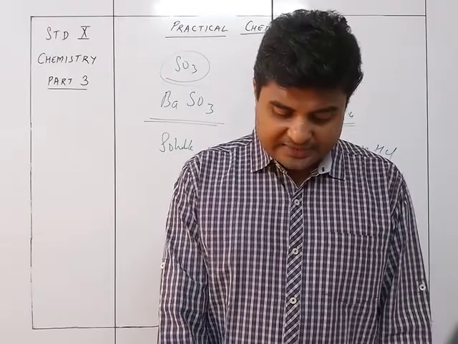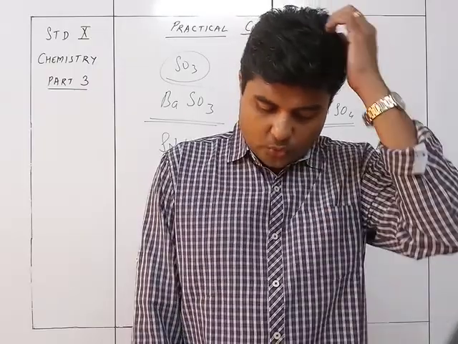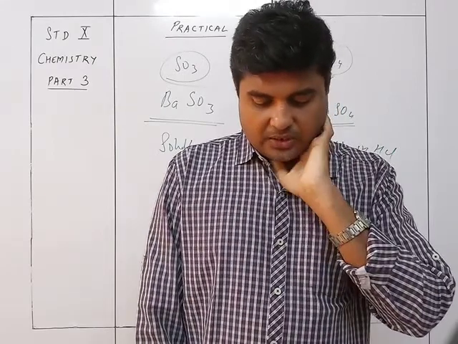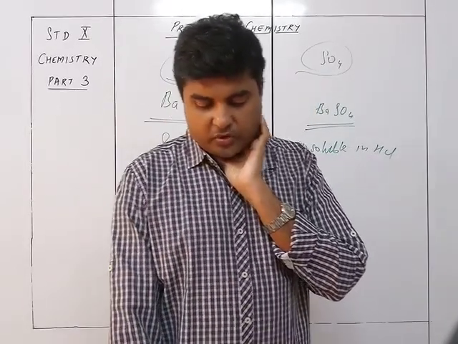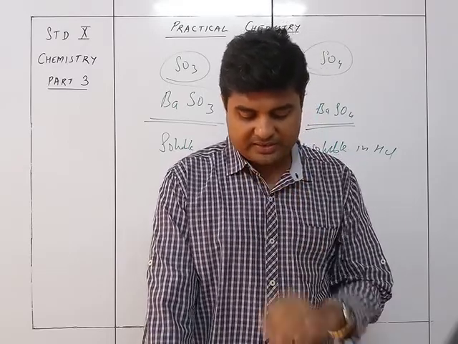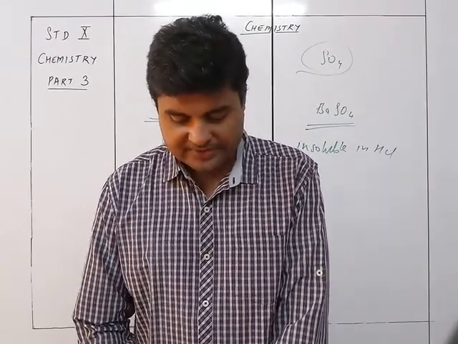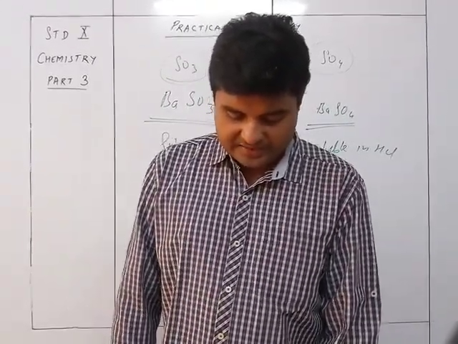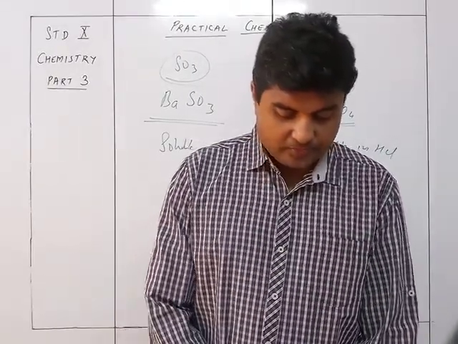We can see there are some color changes given over here. So you can see the dirty green color, which was Fe2+, in small amount dirty green, and then in excess it is insoluble. Similarly ferric will be reddish brown, in excess it is going to be insoluble. Copper sulfate will be pale blue in small amount, and deep blue in case of excess. Calcium will have no precipitate in small amount, and in excess also no precipitate. Zinc will be gelatinous white, and in excess soluble, and in case of lead it will be chalky white and in excess insoluble.